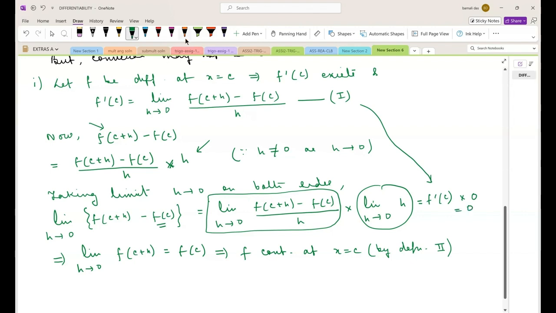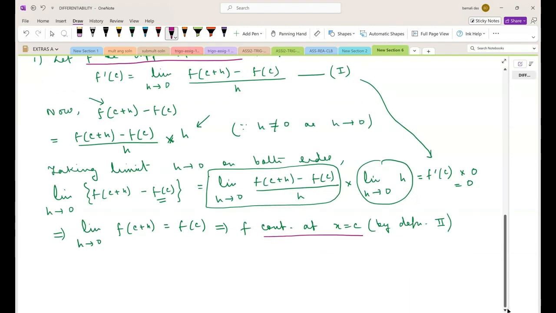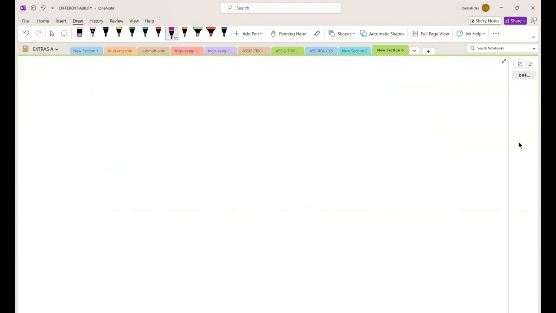So this shows that if a function is differentiable at x equal to c, then it will be continuous at x equal to c. So differentiability implies continuity. Now the converse may not be true. For that we will take counter examples. Number 2. So here we want to take examples, counter examples,